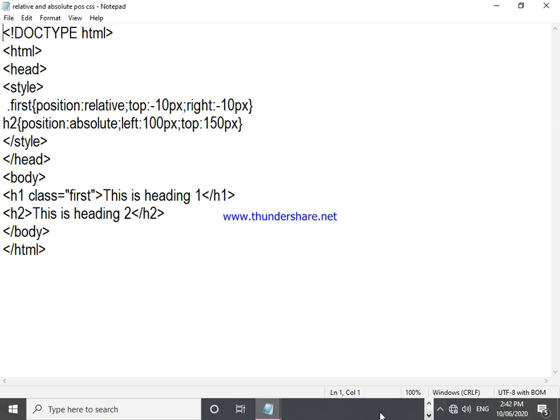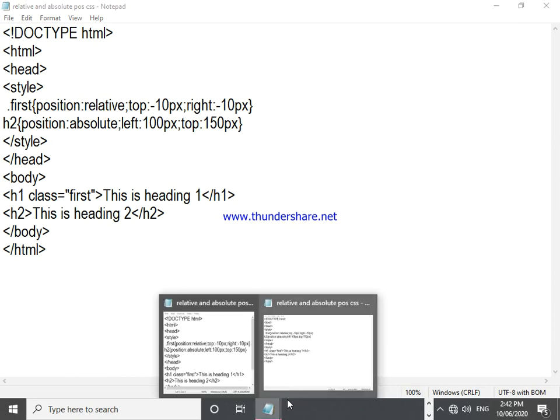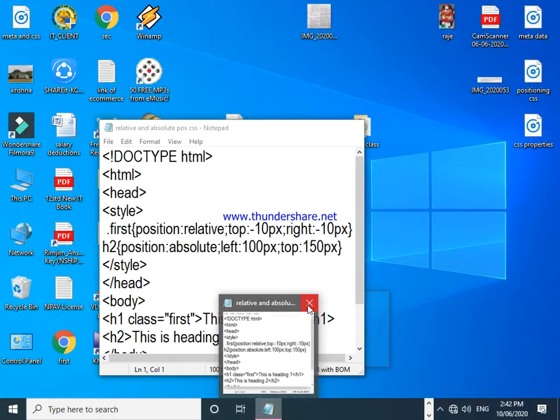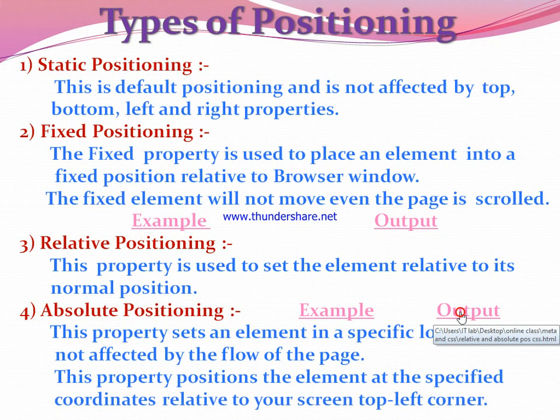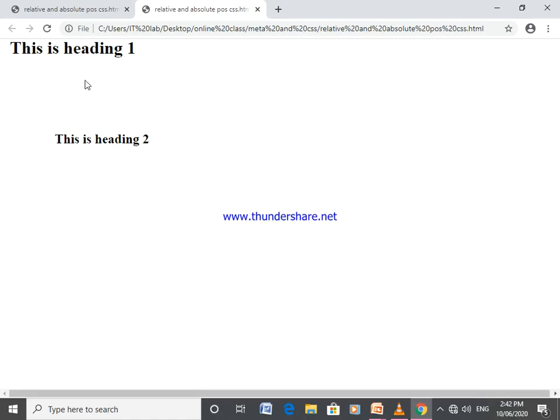And for the S2, this is heading S2. See the position, it is absolute. It means for this you should calculate from the top of the page as 150px and from the left 100. So this is the 100 pixels left. See the starting position of the first statement and see the starting position of the second statement.